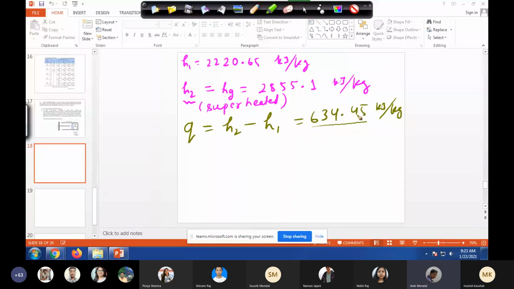Sir, I did it by calculating U1 and U2 in two different stages. That is also true, you can do that. I got your point. So you are saying you calculated delta U by H2 minus P2 V2 and H1 minus P1 V1, right? P is constant, of course. No, sir, I got the value of U1 and U2 directly from the table. Okay, I got your point. That is also possible, but then it's an error of the different table. So how much difference are you getting, by the way? Sir, I got 683.825 as the final answer.